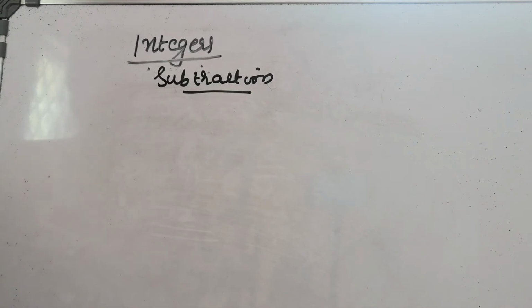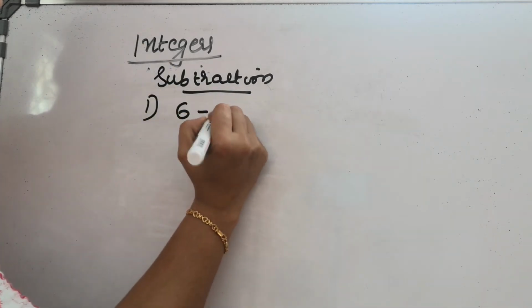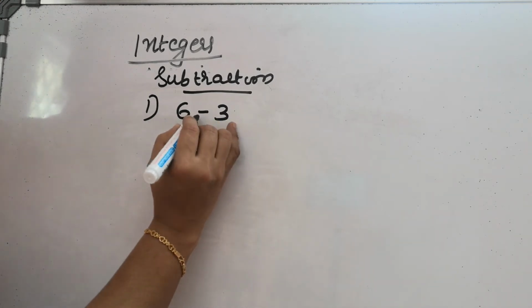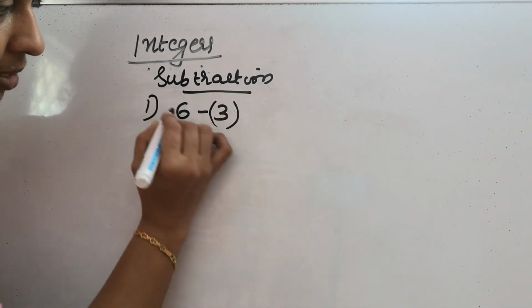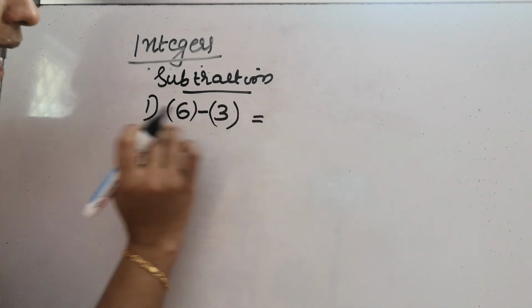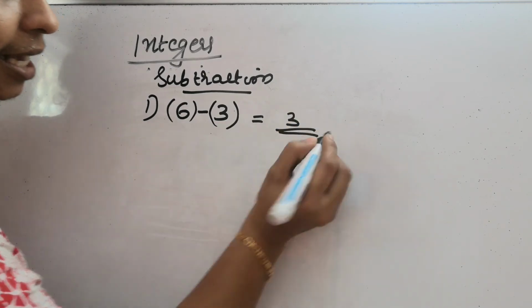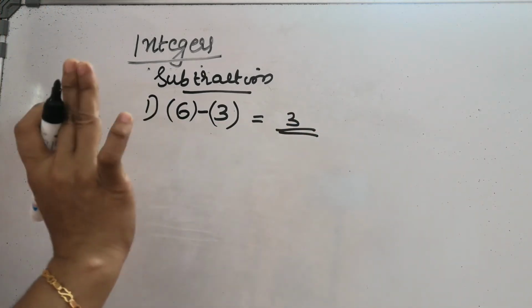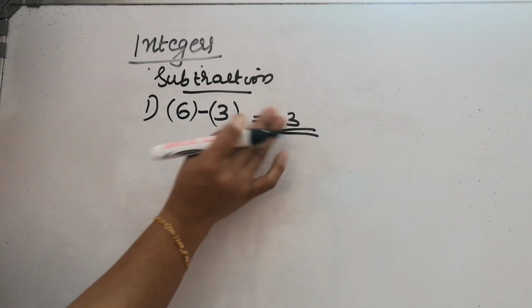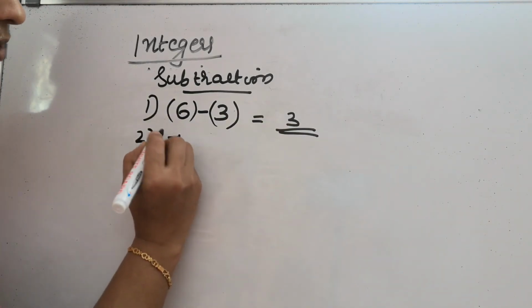So the first question, 6 minus 3. This one is a subtraction. Then 6 is a positive number and 3 is a positive number. So we have to subtract the numbers. You just subtract, 6 minus 3 is equal to 3. That's 3 is our answer. You do not need to put the sign in front of the number. Okay, then the second one, negative